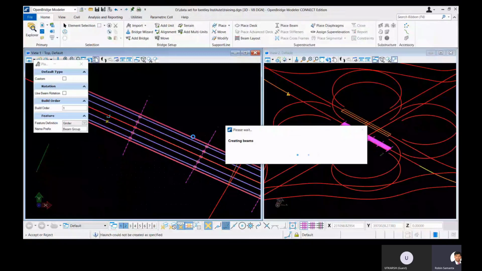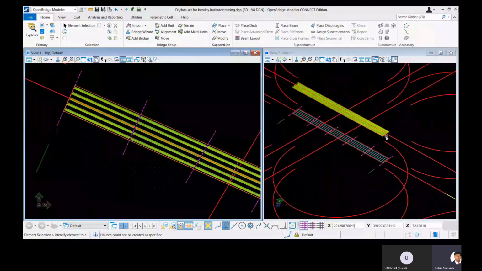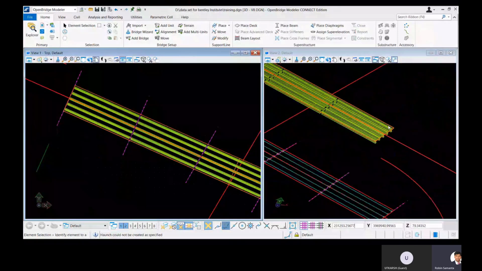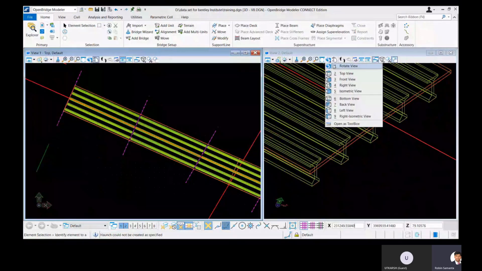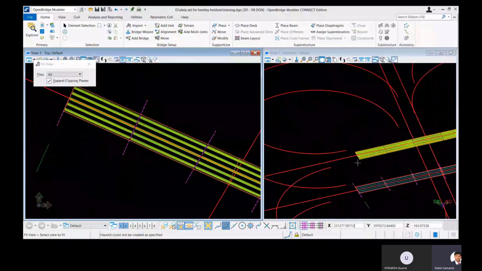And you can see exactly in 3D how you placed the beams. Basically all your beams have been placed below the deck, and these beams are also following the cross slope of your deck. So that's how easy it is. It will help you to create bridge modeling easily. Now you can use certain different visualization tools as well, because we can see that it's transparent here, right? And through these options you can actually go to different views. You can use these visualization tools to change the labels as well.